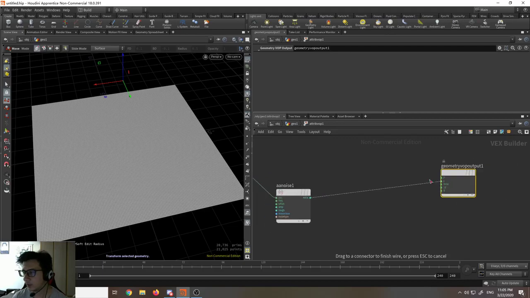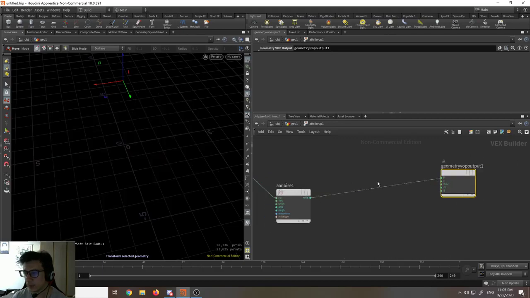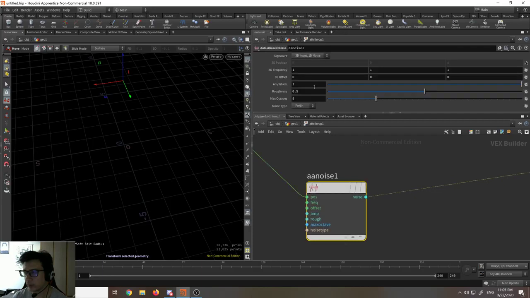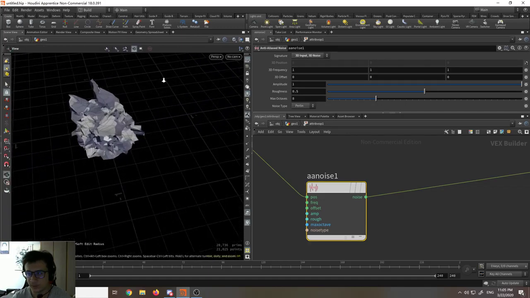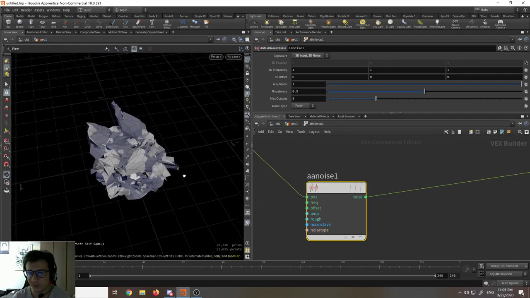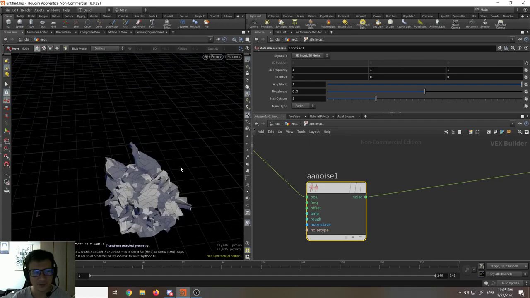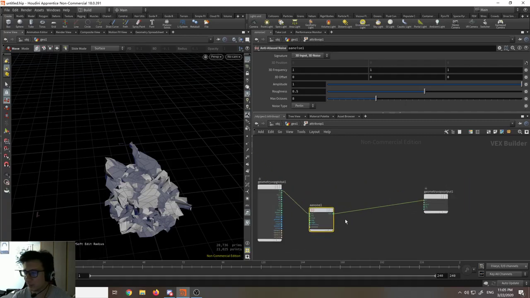So if I click here, you will see that it's broken, and the reason is I'm using 1D noise. I will click 3D noise, and you can see I have my noise here. Not very appealing. Maybe if you want to do a scene with some trash cans and paper, then this will work for you. But what we'll do here is